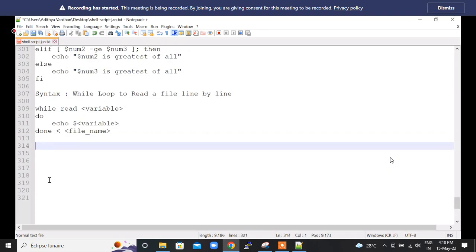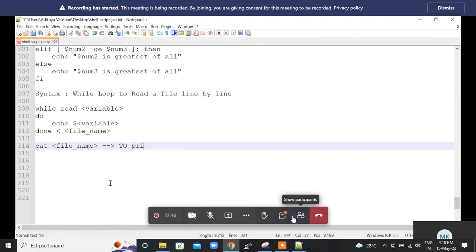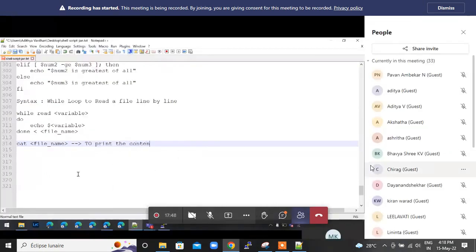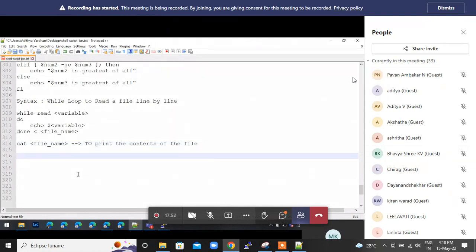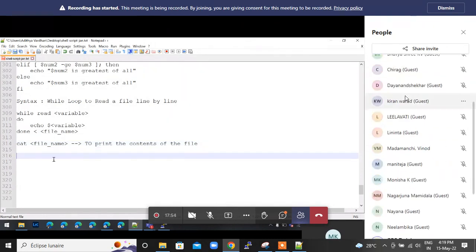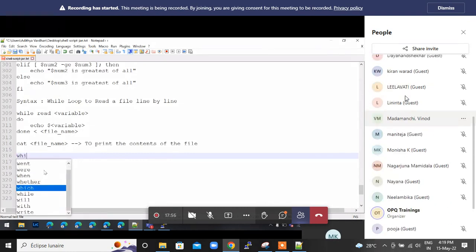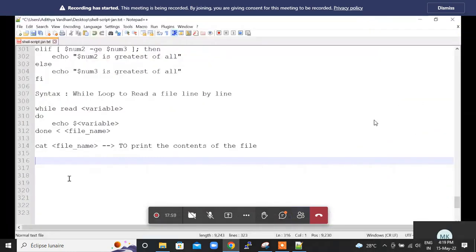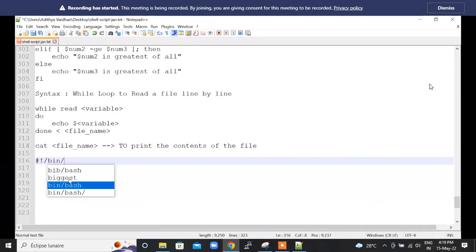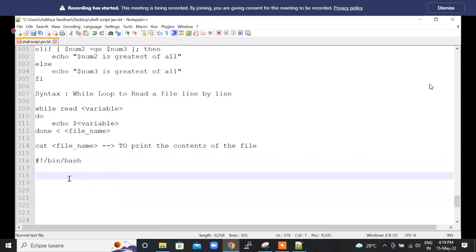line by line. To give a quick example, let's recreate the cat command. We know that the cat command is used to print the contents of a file, right? So we can create a cat command of our own by using this while read loop. I'll use #!/bin/bash first, and then